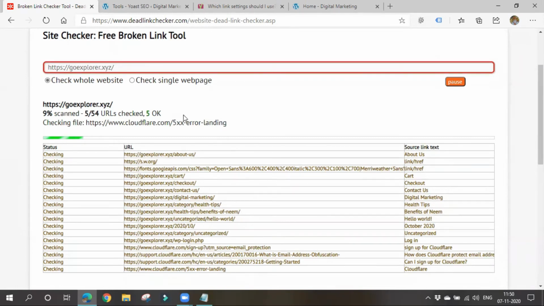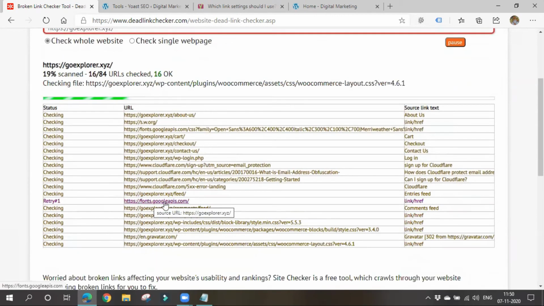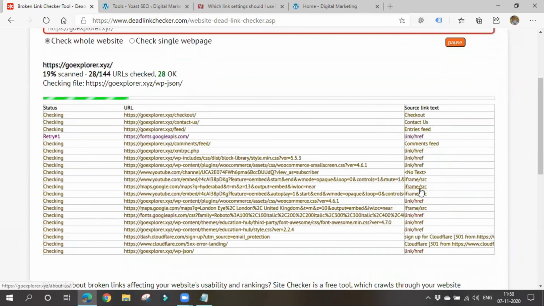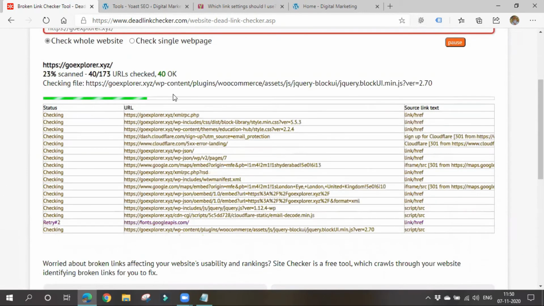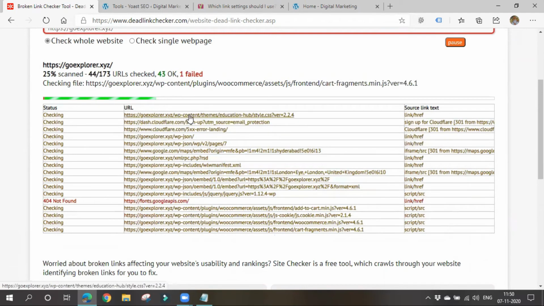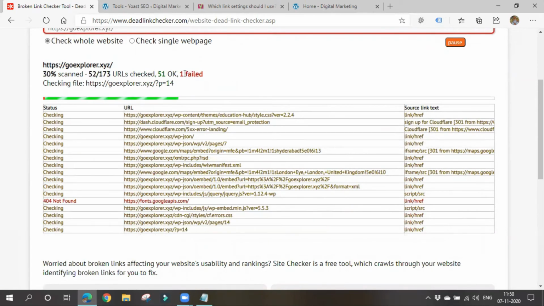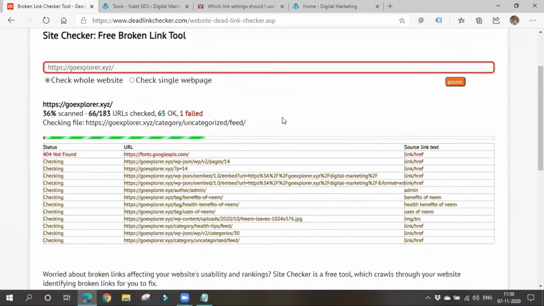It will take some time, obviously. It will display that in red. See, this thing is not opening. It is giving a retry message. Okay, so in this way, it will give you all the info. After this process gets completed, you'll be shown a file. One thing failed, it seems. One URL is not opening. It's okay. You'll be given a file.